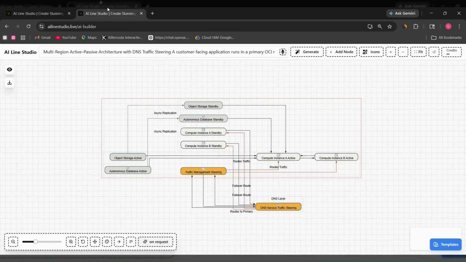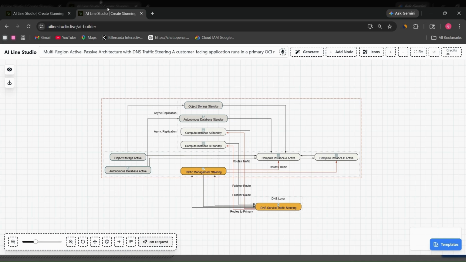So after successfully registering on the platform, the page you would be redirected to is the workspace page. Over there you need to select cloud architecture, and then you would be redirected to our AI builder page. There you need to select the provider. So today we are talking about Oracle diagrams, so please select Oracle as your cloud architecture diagram provider.